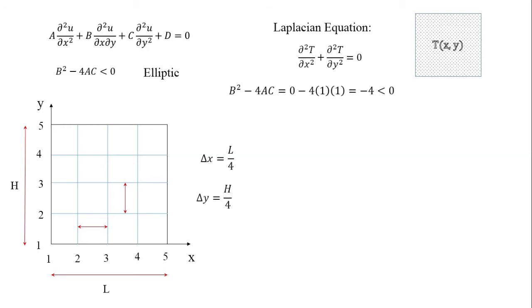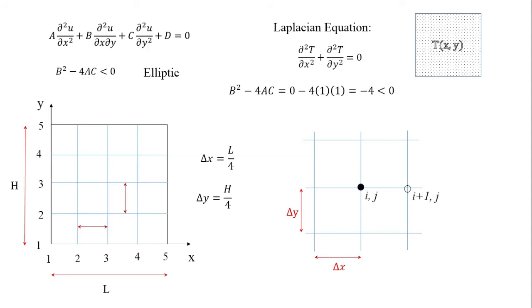In numerical methods, it is normal practice to represent these nodes in terms of ij number. To explain this, let us consider an enlarged view of the domain. So let's suppose this is a particular node ij, then the subsequent node on the right hand side will be i plus 1 comma j, and the one on the left hand side will be i minus 1 comma j. Likewise, the node exactly on the top will be i comma j plus 1, and the one on the bottom is i comma j minus 1.